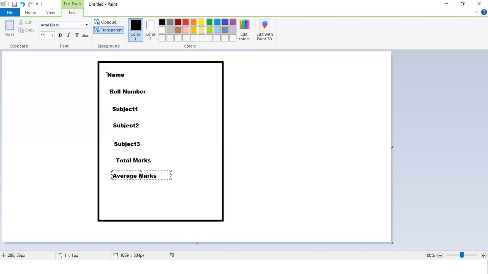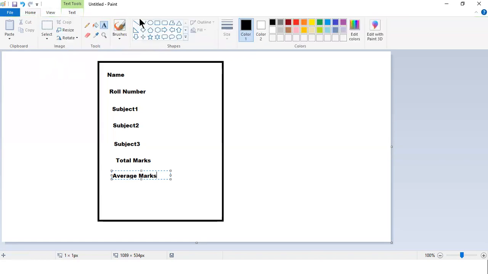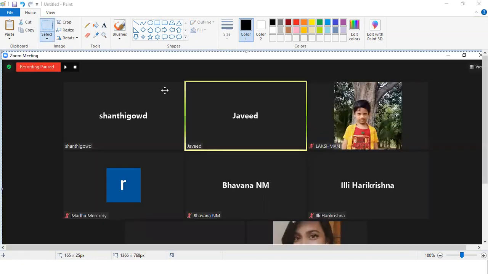Okay, for this one, I want to read the data, right? So when I want to read the data, first I'll be using one text box for reading the name. We'll have a little bigger.